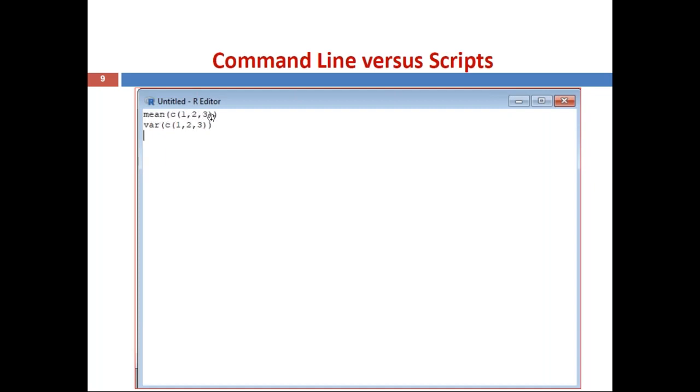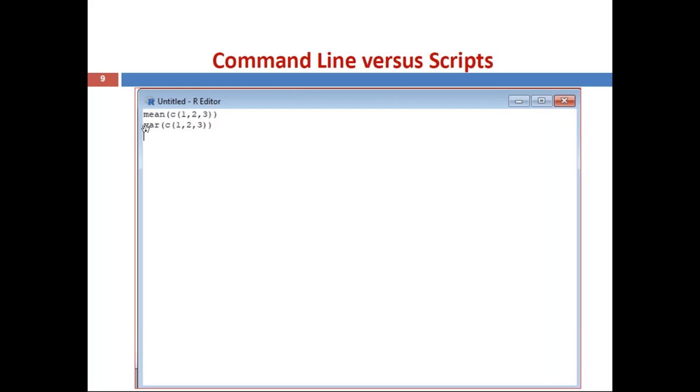Now, after typing multiple commands in the editor, if you want to execute only any one, you can select that particular command, then press Ctrl plus R. Then its corresponding output will be displayed in our R console window.